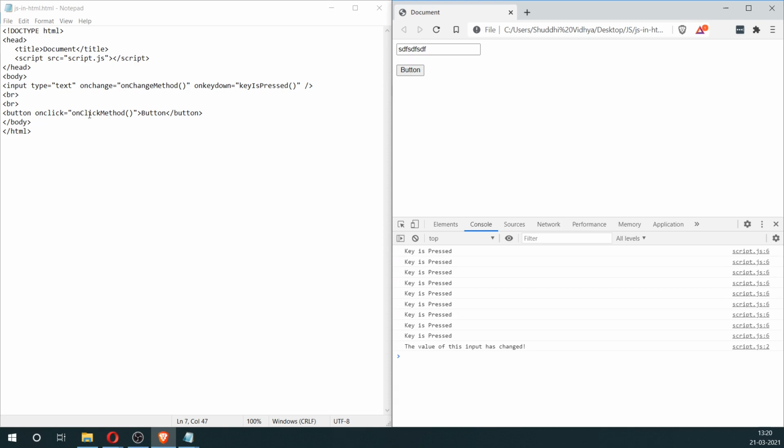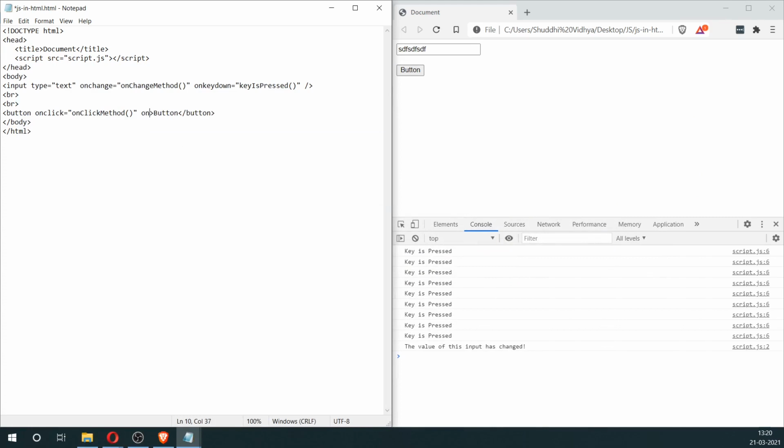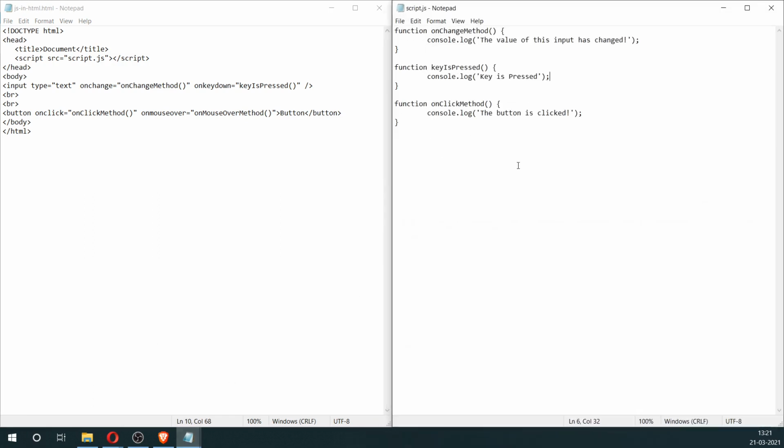Let's do the same for the button. So we already have the onClick method. Let's add another event. So here we have another event called the onMouseOver, and it says the user moves the mouse over an HTML element. So let's write that. And let's go to the script.